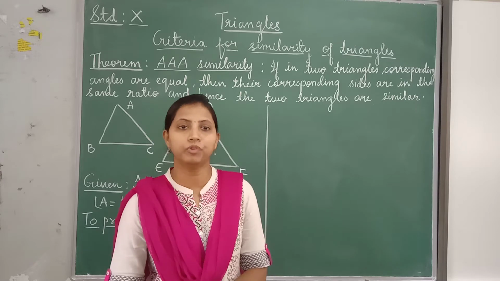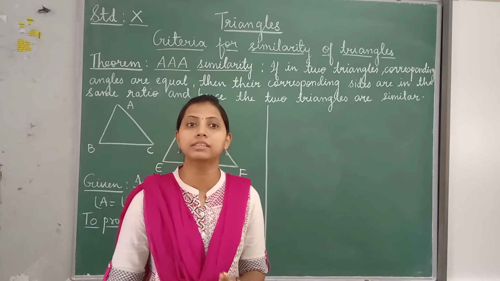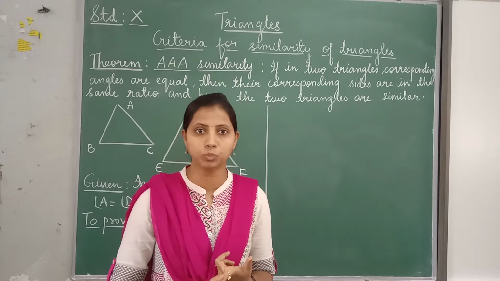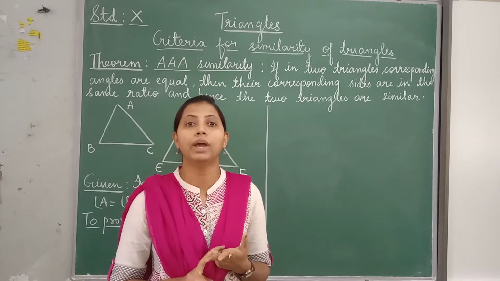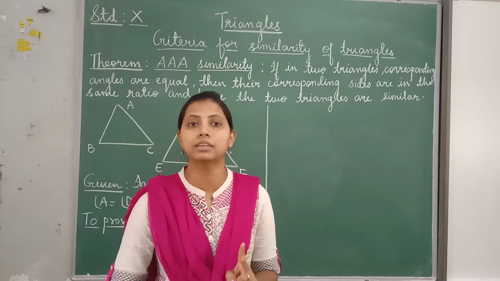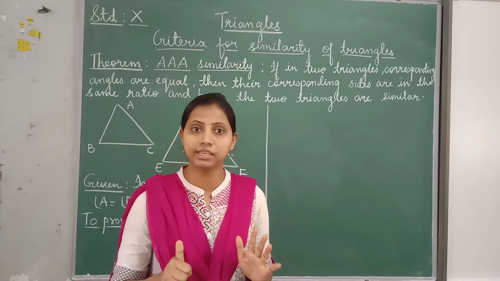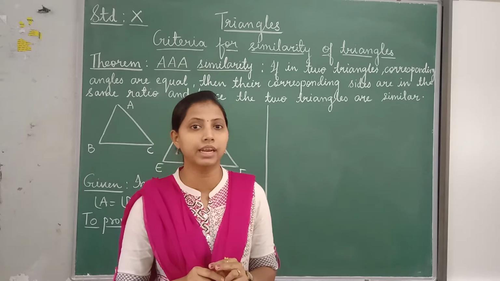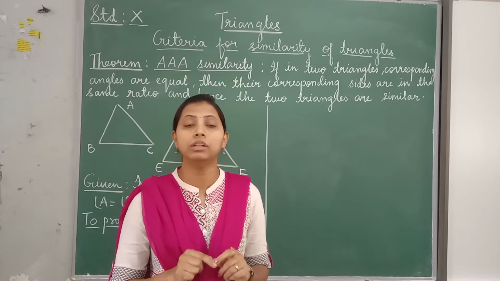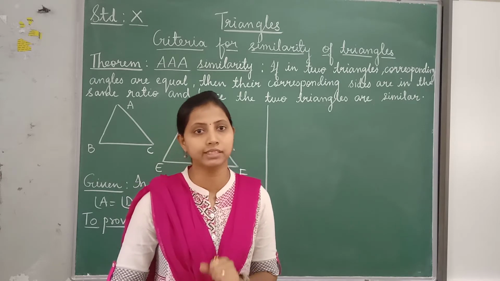Okay, so firstly, you know when two triangles are said to be similar to each other, isn't it? The two triangles are similar when all three corresponding angles are equal, and when all three corresponding sides are in equal ratio. Only then are the two triangles said to be similar. That is, totally you have 6 elements. When these 6 elements are satisfied, then the two triangles are said to be similar to each other.